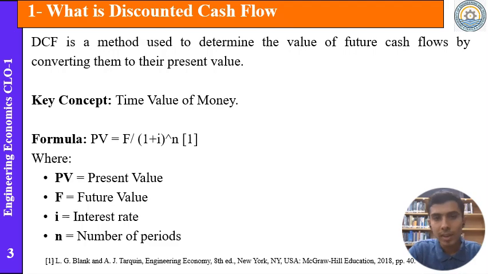Before solving any engineering problem, it is better to understand what discounted cash flow methods are. It is basically a method that is used to find the present value of future cash flows by converting them to present. The formula is as given. In this formula, PV represents the present value, the future value is represented by F, I represents the interest rate and N is the total number of years or the total lifetime of